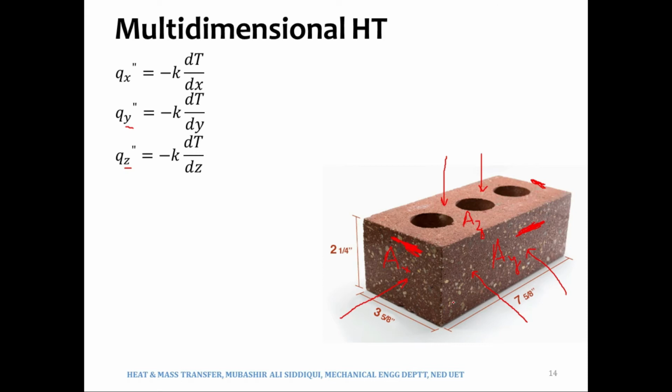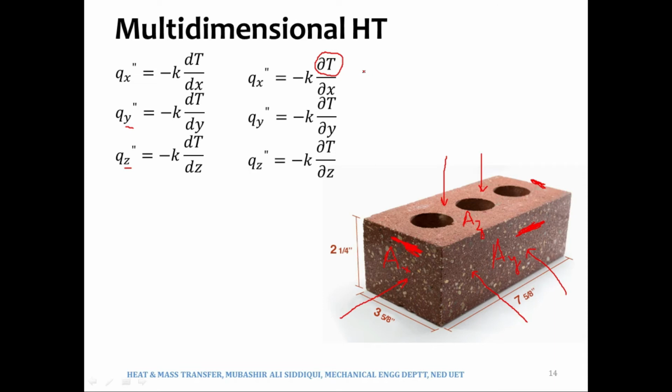T as a function of z. Meaning, how does temperature vary in the z-axis? How does temperature vary in height? So now T would be a function of x, a function of y, and a function of z. When the temperature depends upon more than one parameter, it's better to use the curly partial derivative sign instead of d, because it represents partial variation.